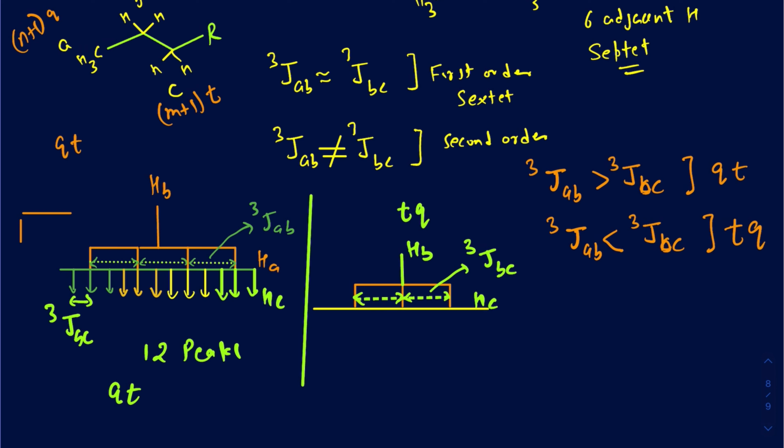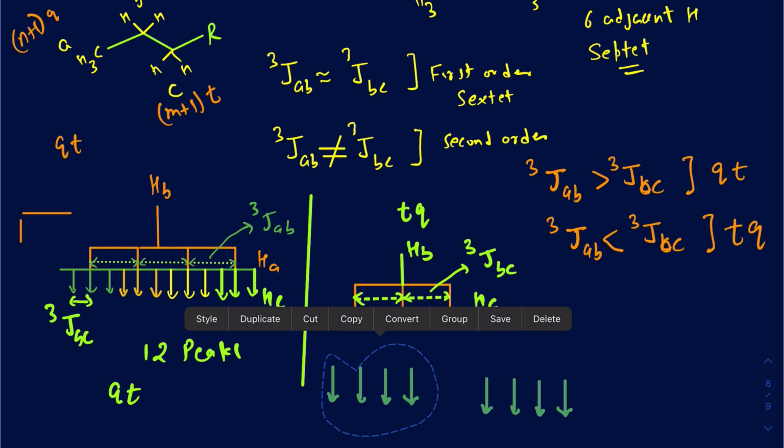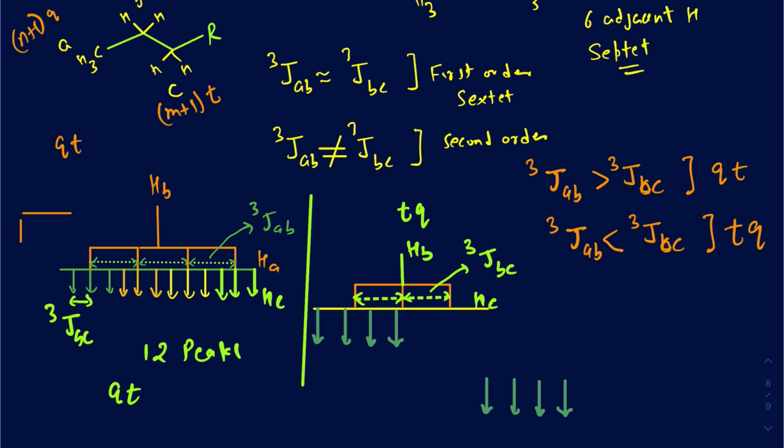So maybe let me draw a quartet or 4 lines that are kind of equally spaced from one another, and then I'm just going to copy those down. So hopefully they are as equal as I could get them. So I'm just going to go ahead and duplicate those, and I'll use them a little bit. So that would be actually right here. Okay, so that was because of this first proton,